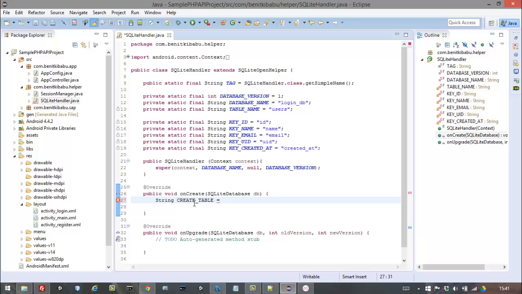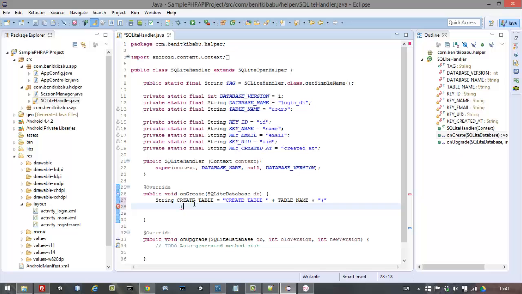Okay, and the string will be CREATE TABLE, space, plus TABLE_NAME, plus bracket, okay, so we say plus KEY_ID, and plus in the quotes we want to say INTEGER